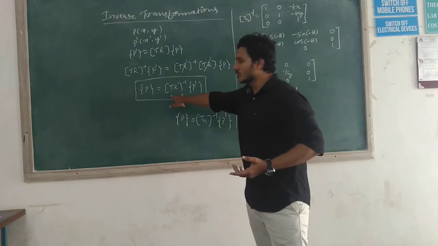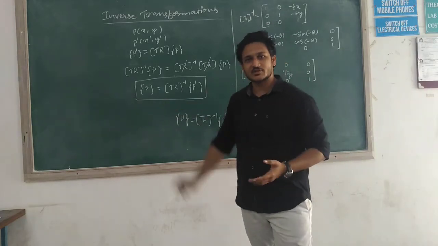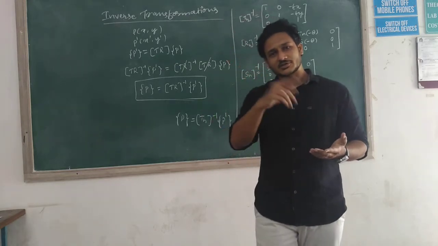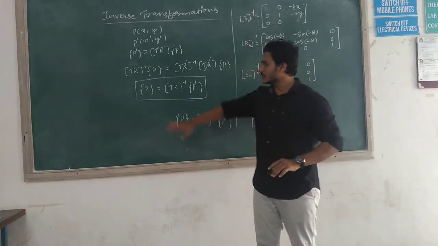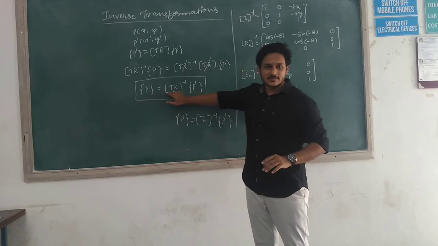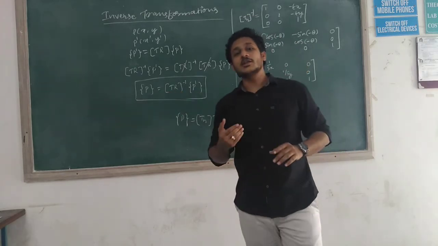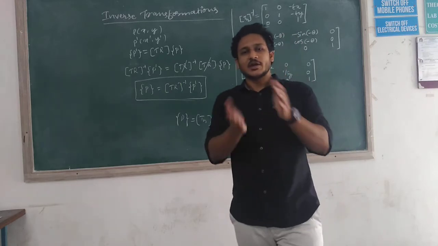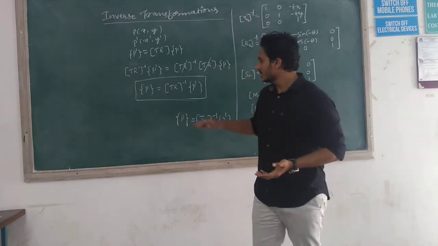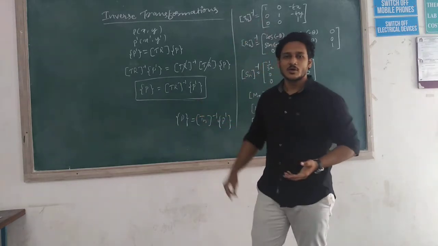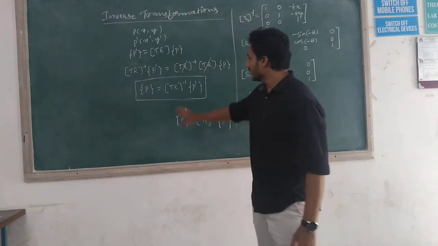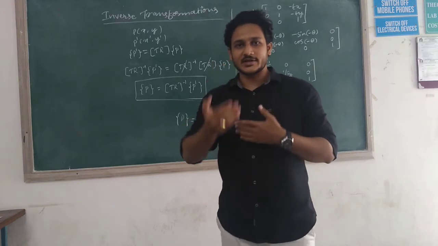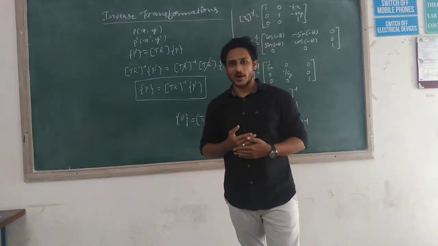The same approach applies for the different transformations: translation, scaling, rotation and reflection. Now I have the equation for the initial point P as the matrix multiplication of the inverse transformation matrix with the transformed point. This transformation matrix is going to have inverse values.